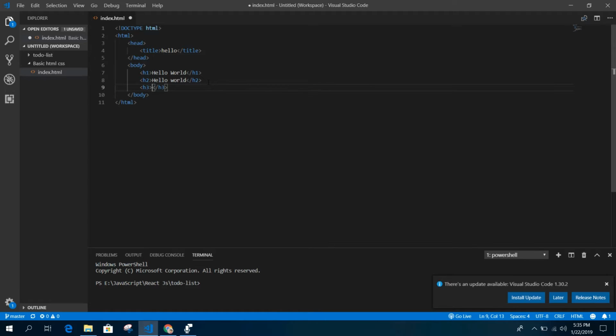h3, h4, h5, and h6. So let's make it a little bit practical. This is the biggest header. When you make a website, that will be the heading of your page, and the detail will